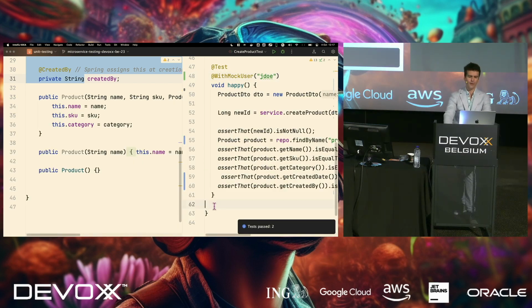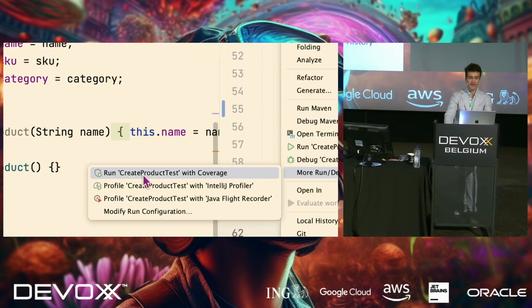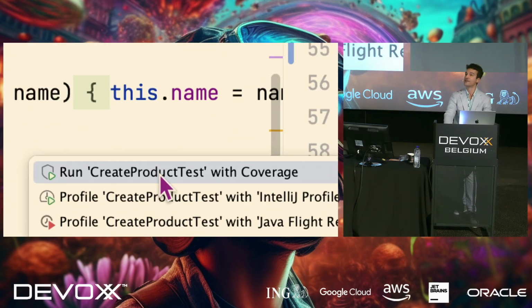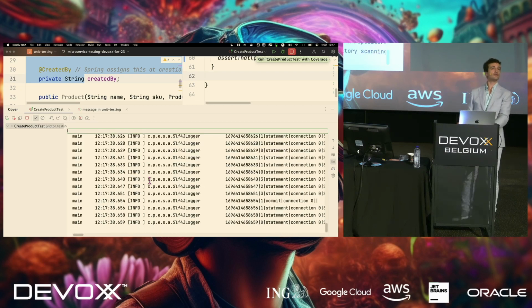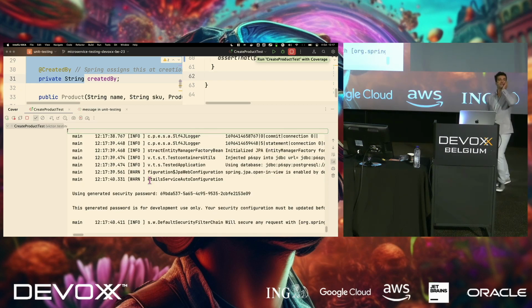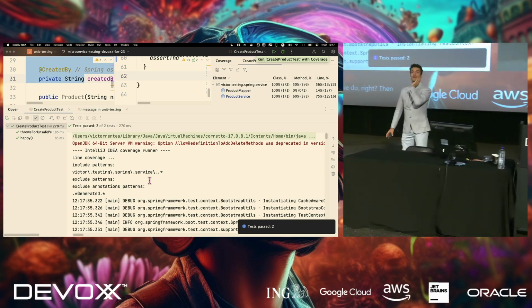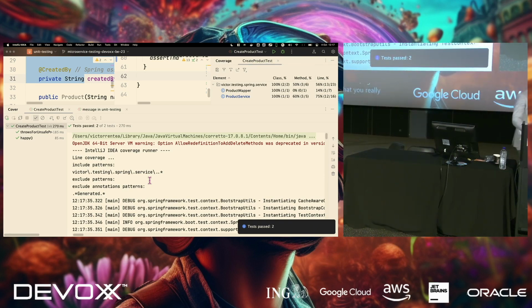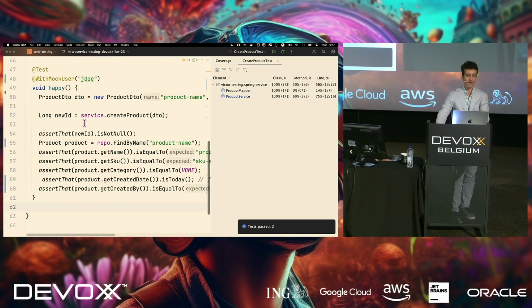You should probably read more about some of these topics if you are interested. But then let's do something fun. Let's run with coverage. I hope you all know what that is. You should run it weekly, like to check. Because this is what we do, right? We write the feature and then, hey, test. And you go to testing and you want to check that you've really covered everything. And one basic way to do that is run with coverage, which will show you that the code we thought